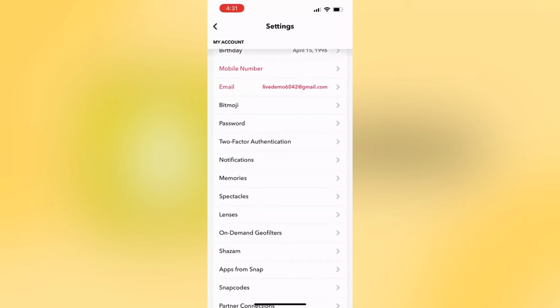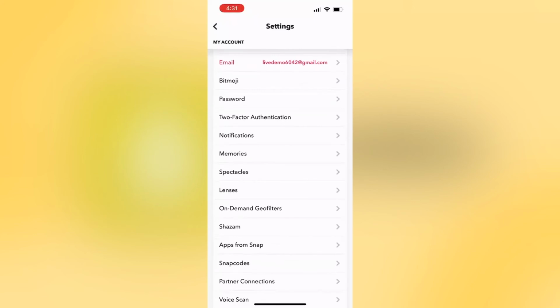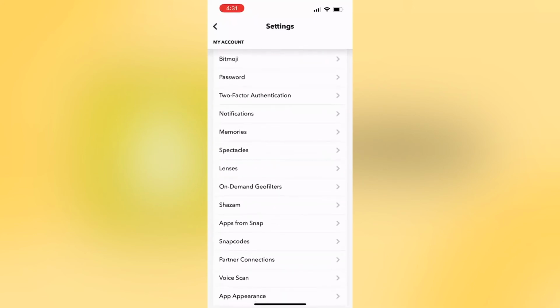If you want to create a Bitmoji, you can click on Bitmoji. You can change your password. You can add in two-factor authentication. And then something that I'm going to go into a bit more detail on is the